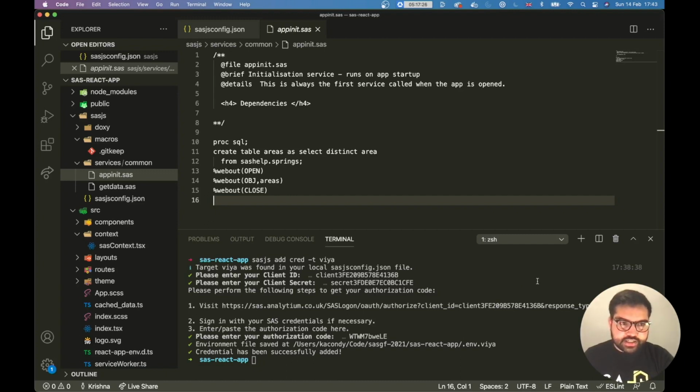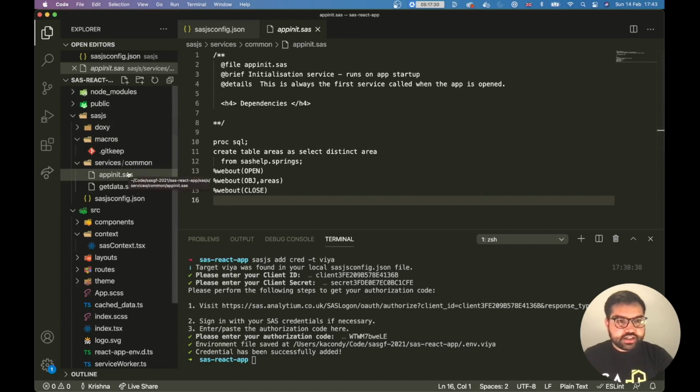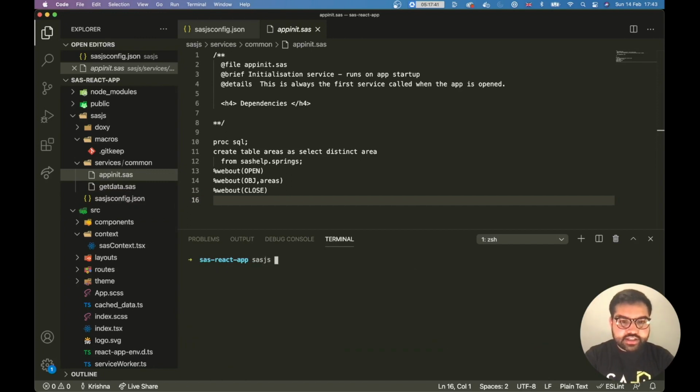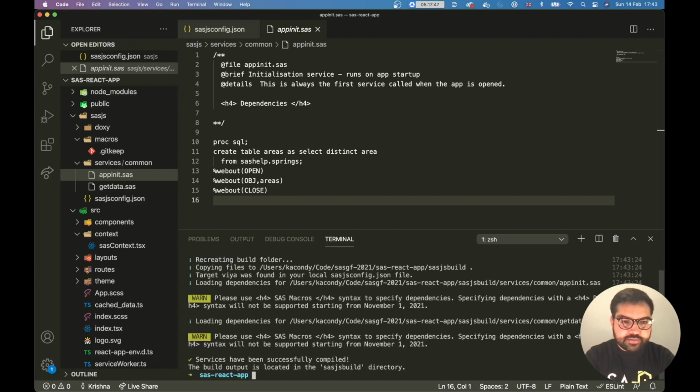Compilation is the process of taking each service in the services folder and recursively fetching all of its dependencies and then combining them into one built file. If I run the sass.js compile command, we will see exactly what that means.